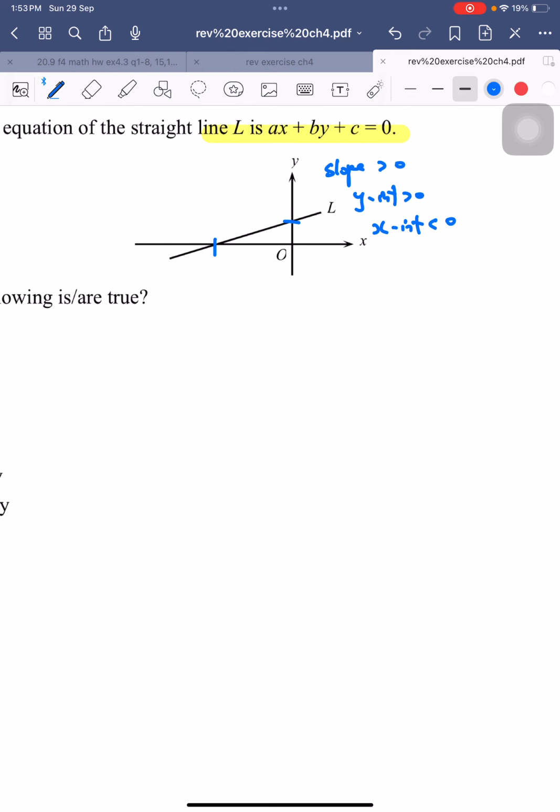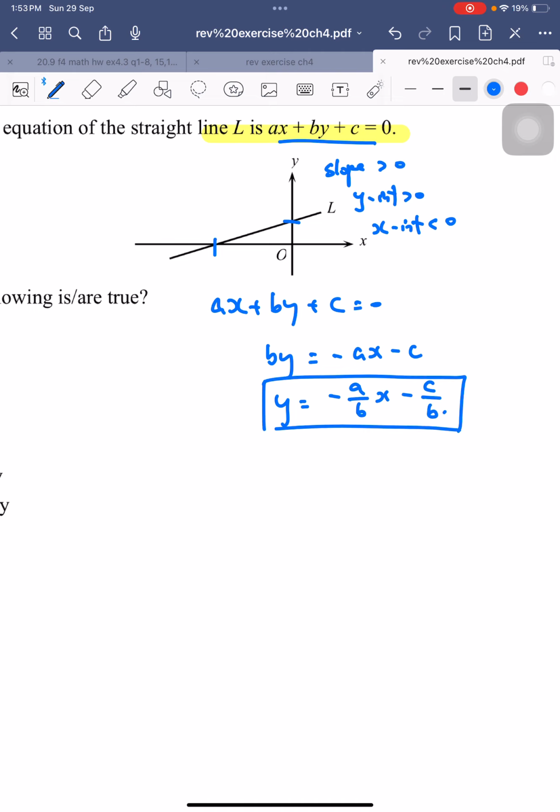Now, as this is the general form, we first of all need to change it back into y equal to mx plus c. So I have ax plus by plus c equal to 0. Then we can say that by is equal to negative ax minus c, and then y is equal to negative a over b x minus c over b. So this is our y equal to mx plus c, so that we can say the slope, negative a over b,